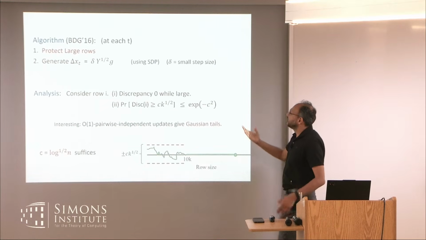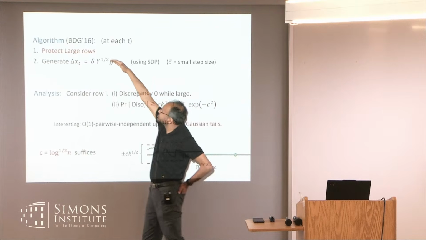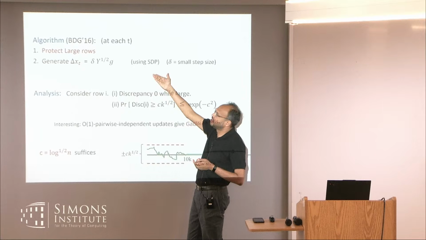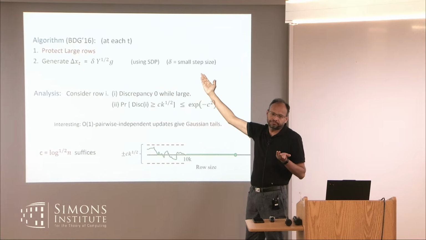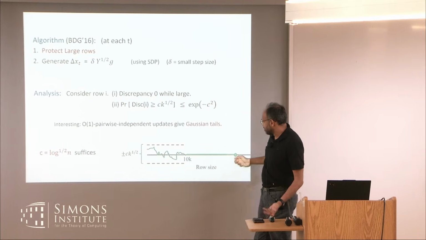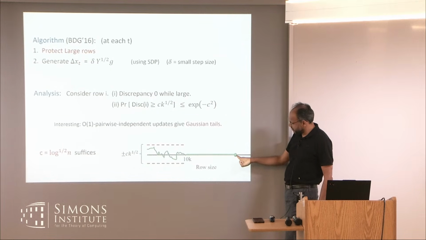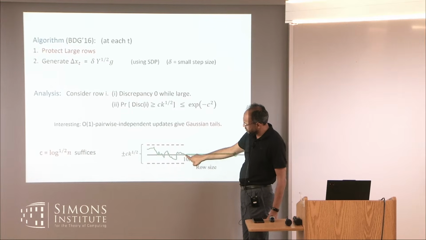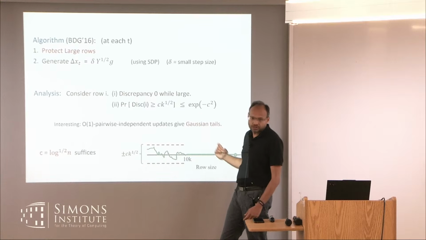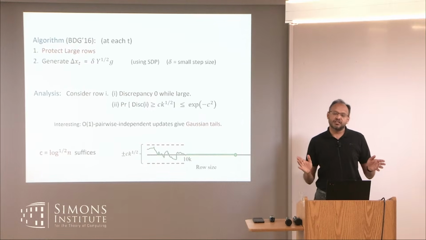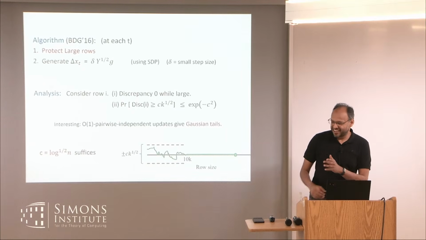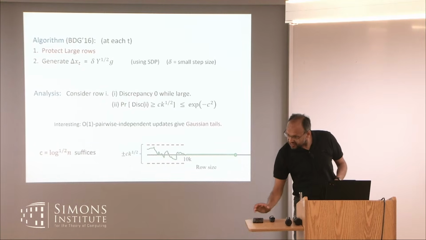Okay, so here was the BDG algorithm. You do the same thing, protect large rows, but now you use this smart walking, which looks random, to do your walk, and you get the best of both worlds. If you look at the picture, if you track the discrepancy of a row, while it's large it's incurring 0 discrepancy. Then it's doing some random thing, and Chernoff bounds will kick in. You'll get your root k root log n. So that's like a constructive Banaszczyk. So we are up to 2016.